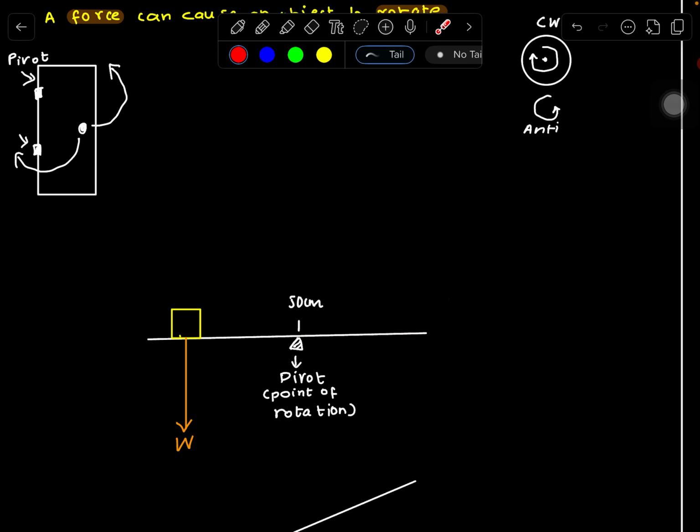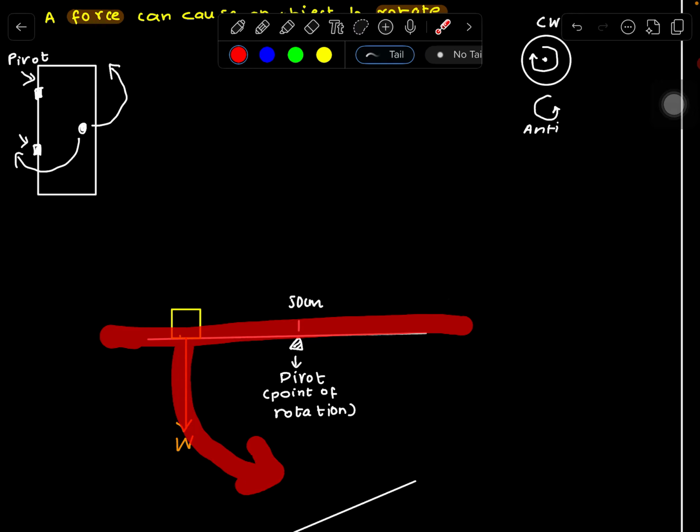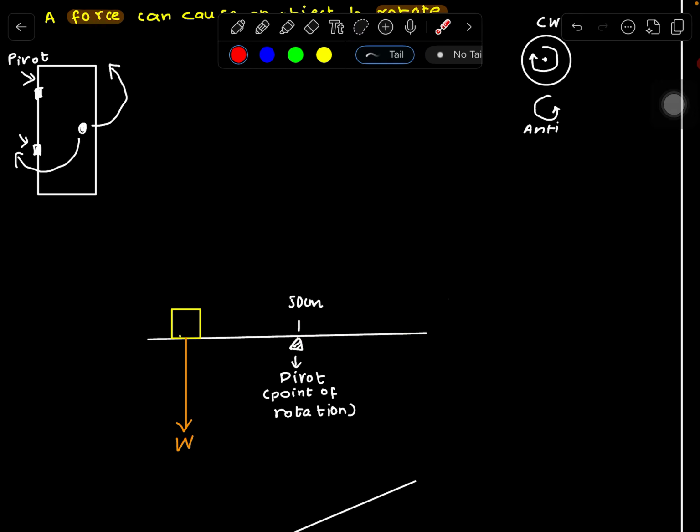If you place a box on the left side, it will cause the ruler to rotate in this direction. The reason is that the box has some weight. What's weight? Weight is a vector quantity, or it's a force, right? So there is a force acting down and it's perpendicular to